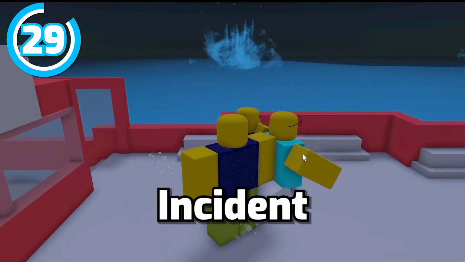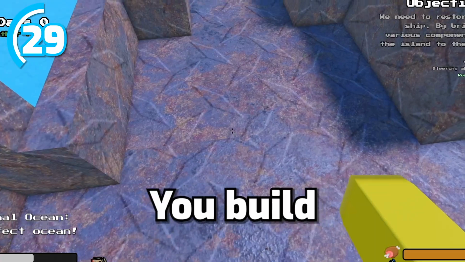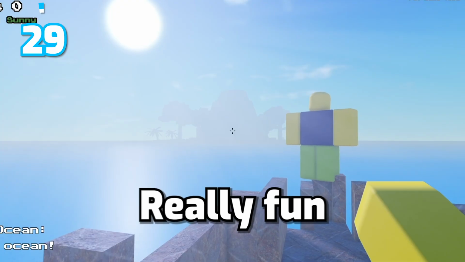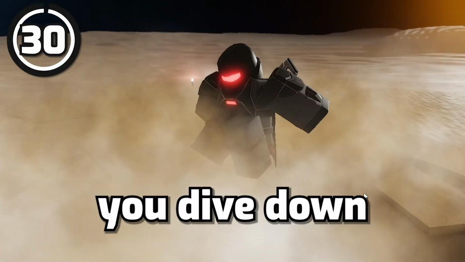a boat crash incident. After a huge storm, you all have been stranded on an island. You build a boat and travel seas. There are dangerous animals as well. Really fun with friends. In game number 30, we have Dark Divers, in which you dive down to a planet